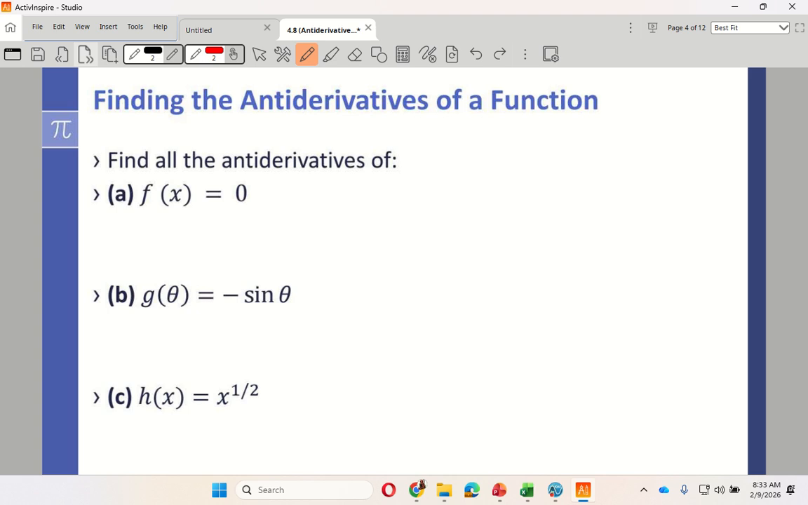Nope. It would just be a constant. Just a constant, right? So it would just be a constant right there. So I would just put